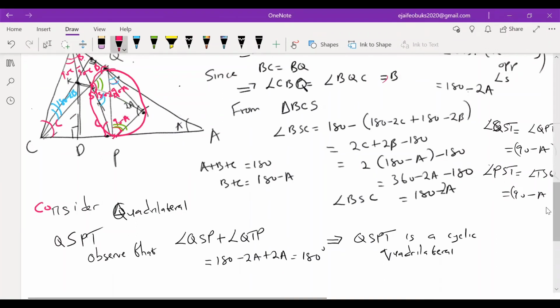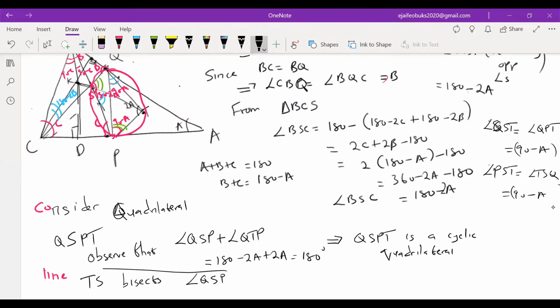that this line TS bisects this angle here. Line TS bisects angle QSP, since these two are equal to 90 minus A, so this is bisecting. And this bisection also means that line TS also bisects